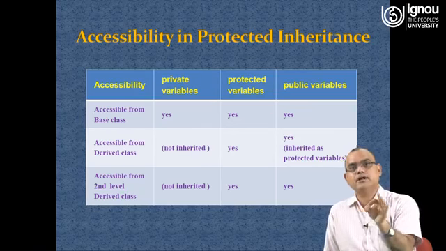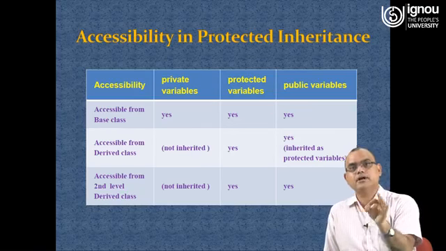And at the second level of accessibility, obviously that will have access to public and protected only, and obviously private cannot be inherited. In the private case, if we are deriving class B from class A using private, then private will not be accessible, protected will be there, but that protected will become private, and similarly public also